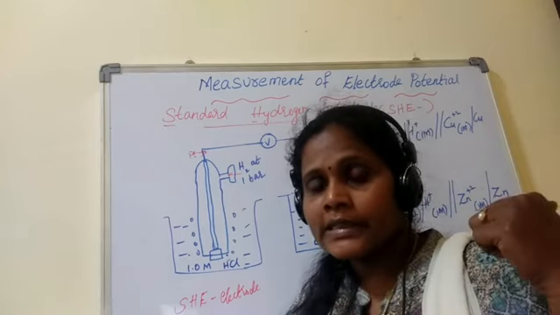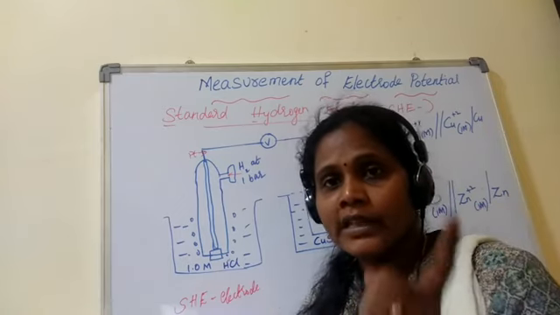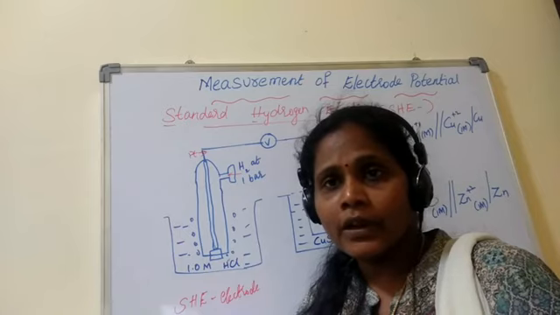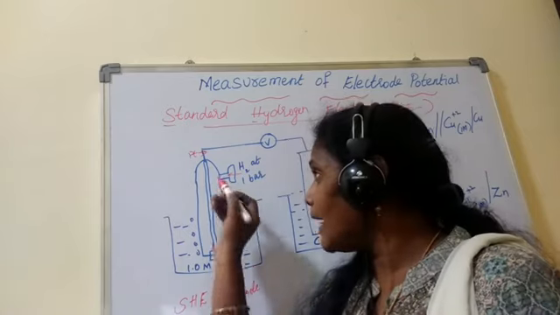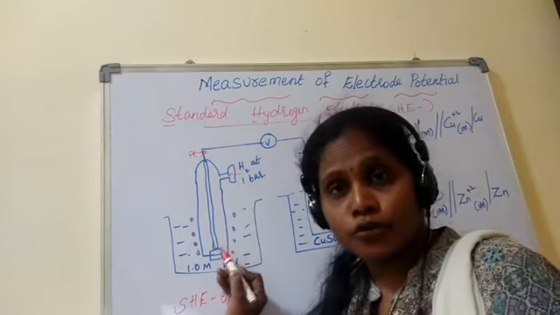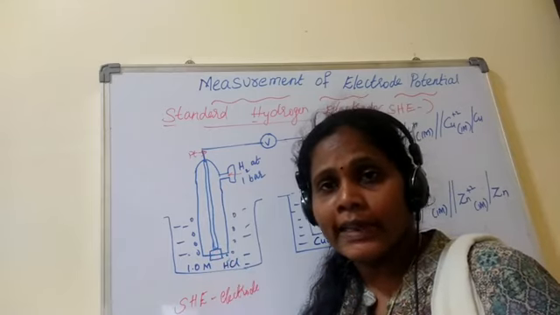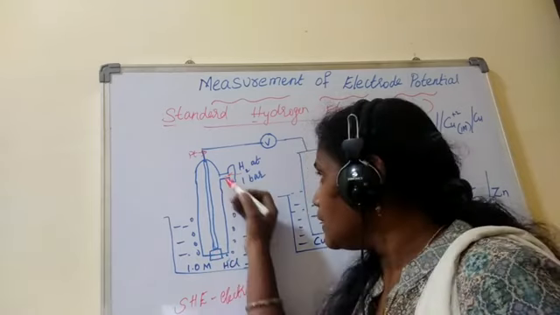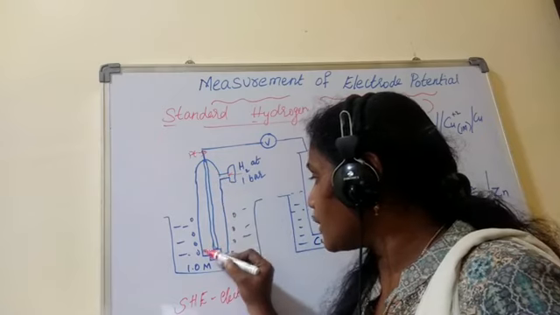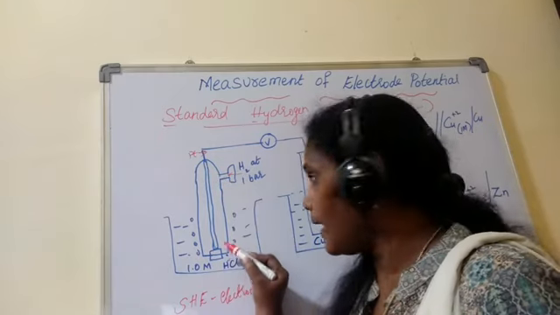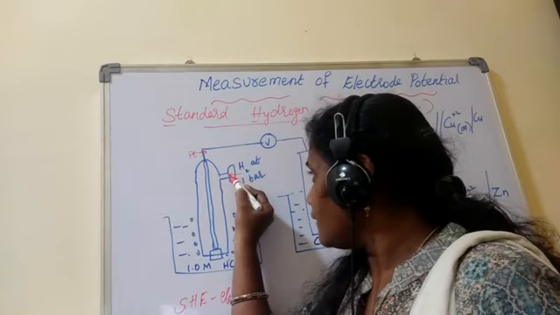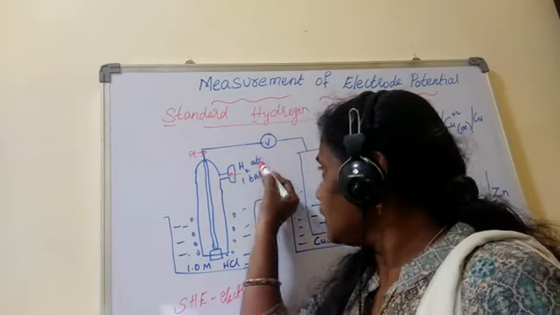In the electrochemical series we have seen, we kept a zinc rod and a copper rod. We cannot keep a rod here like that. So I have taken the help of an inert electrode. Inert means it won't undergo any chemical reaction, right? So an inert platinum wire is dipped under the glass tube, and through this I have to bubble my hydrogen gas,